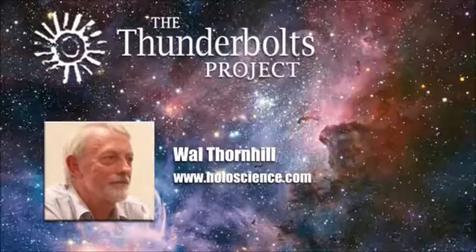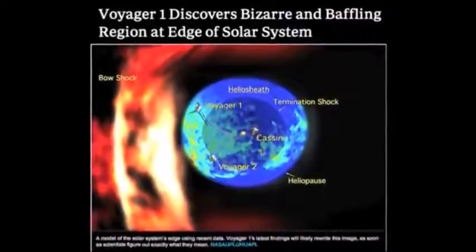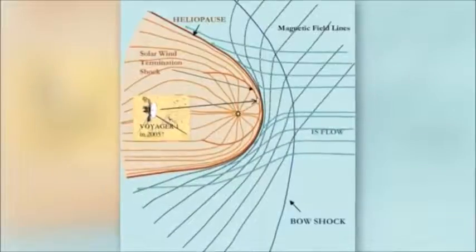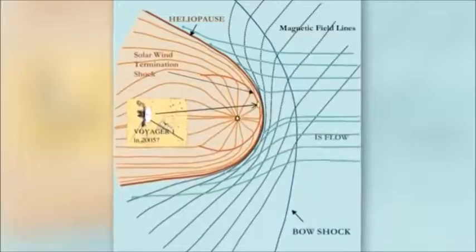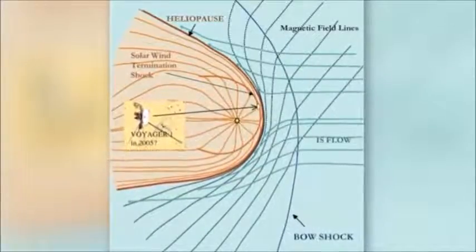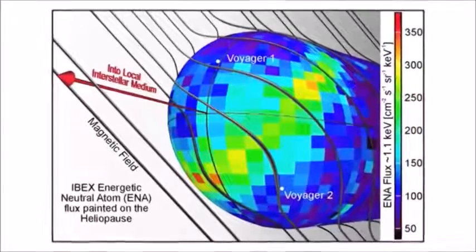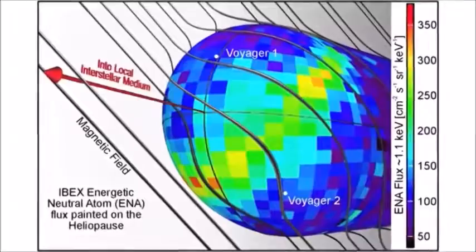This also answers the question of why the Voyager spacecraft have not yet detected what was expected, and that is that the magnetic field would wrap around the boundary of the solar influence, and in other words, it would change direction once the Voyager spacecraft left the heliosphere. The very fact that the magnetic field has not changed direction also fits with this model, because the magnetic field